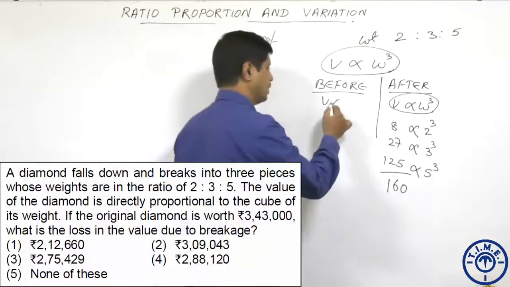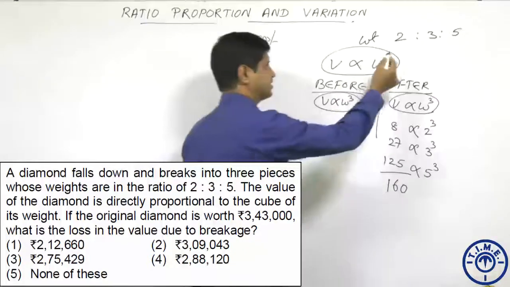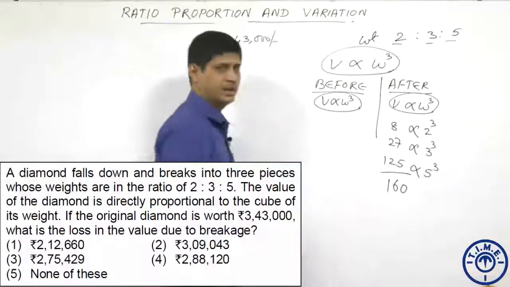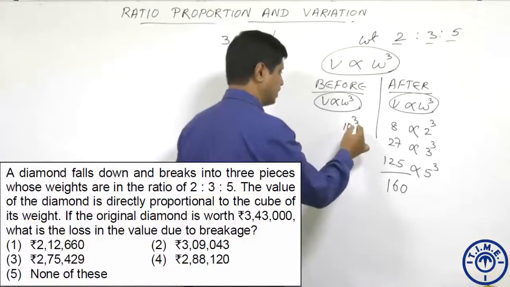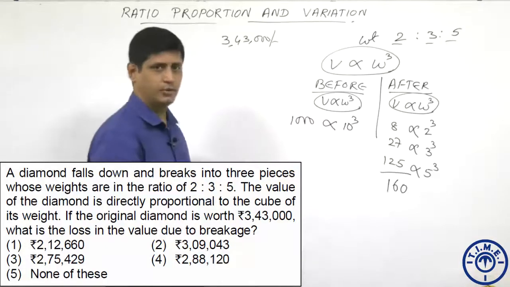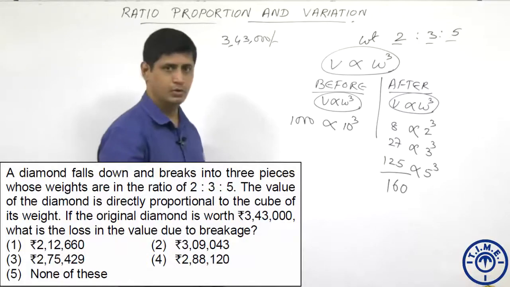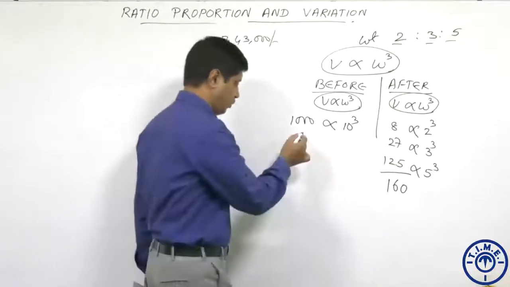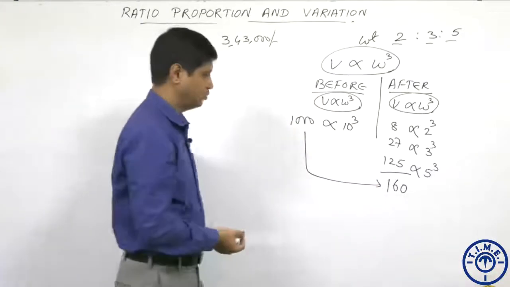Before breakage, just by applying the same variation, what is the sum of the weights here? 2 plus 3 is 5, 5 plus 5 is 10. So, 10 cube means 1000. Now, the original worth is 1000. After breakage, what is the value? It is 160. What is the loss due to breakage? Loss means the difference in these two. The loss is